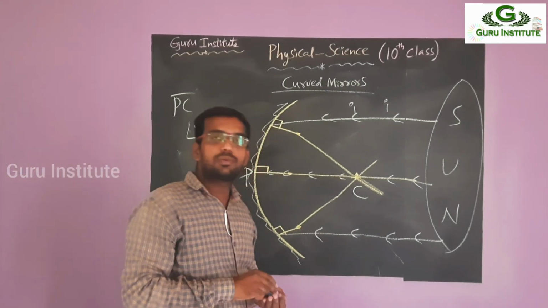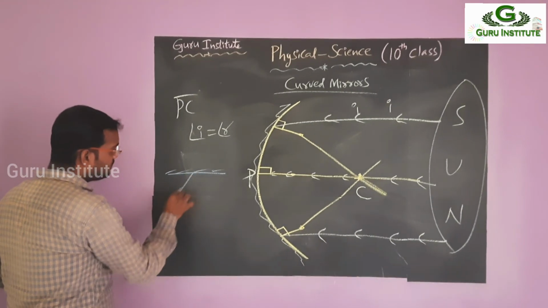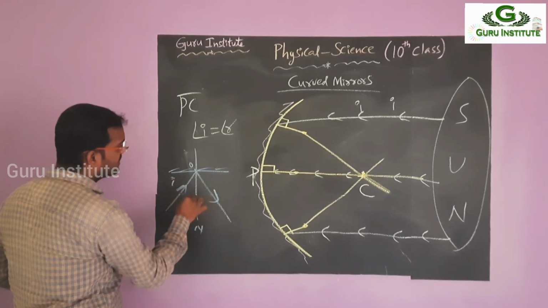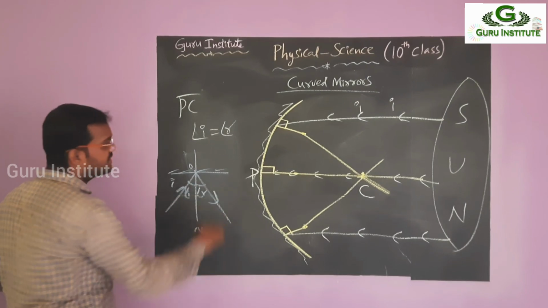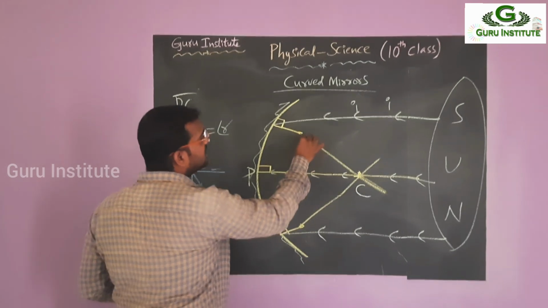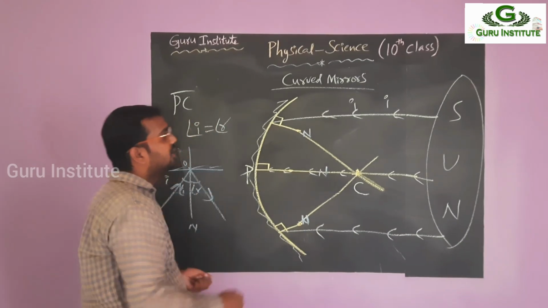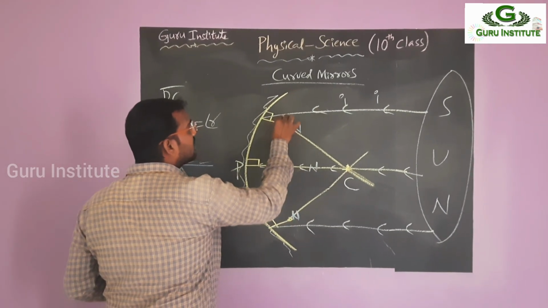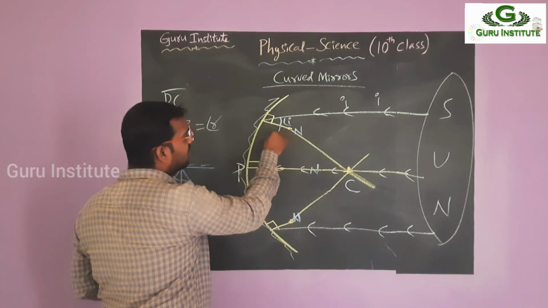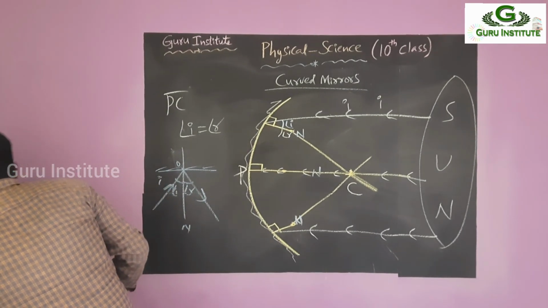Then automatically according to Fermat's principle, first of all I am drawing the basic rule here. So shading, incident ray, this is the normal at the incident point, and again the reflected ray. Angle of incidence is equal to angle of reflection. This is our basic principle, right? So whenever this is the incident ray, automatically this is a normal, this is also a normal, this is also a normal. The angle between the incident ray and the normal is called the angle of incidence. By taking the same angle, you have to draw the reflected ray.